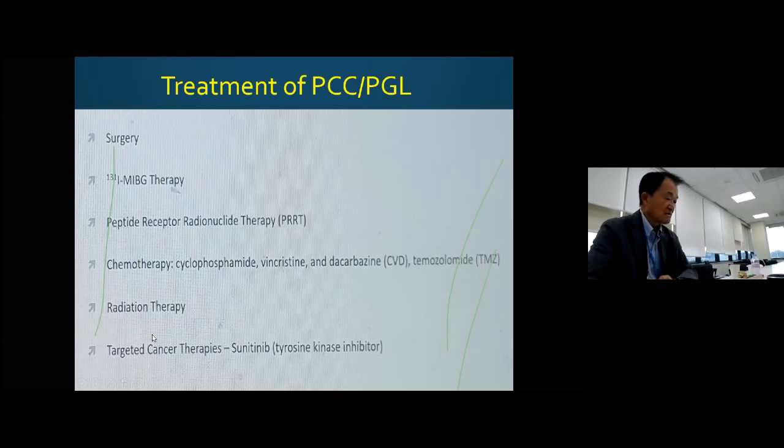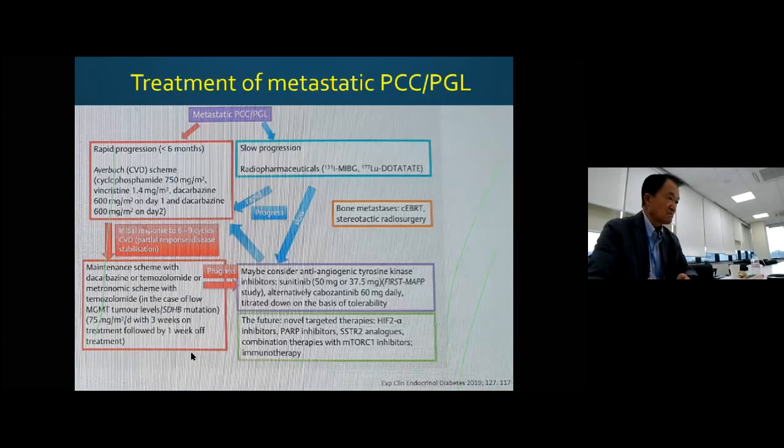They also show some tyrosine kinase mutation, so sunitinib, a popular tyrosine kinase inhibitor, is used. There are multiple types, but this is a more general type, and it helps some patients, not all patients. There are rapid growth cases and slow growth cases, so we want to find out what makes these different types. Certainly genes and other things play a role.